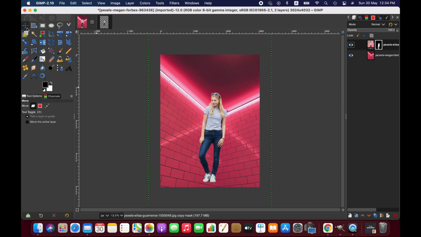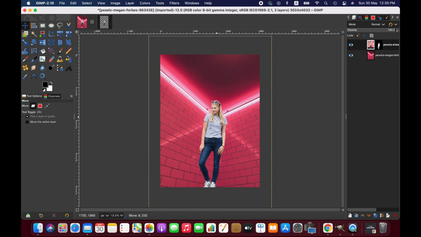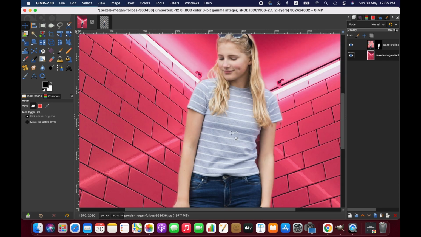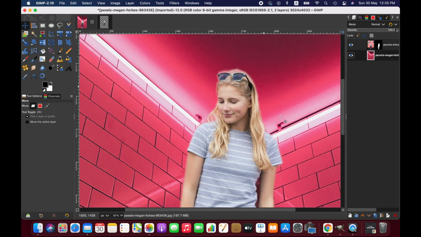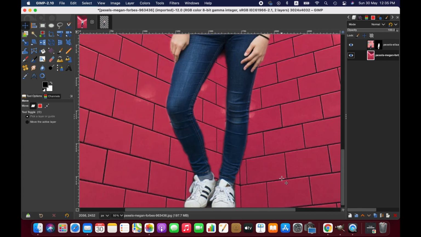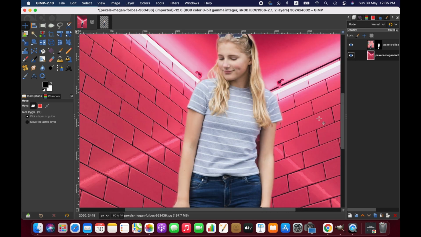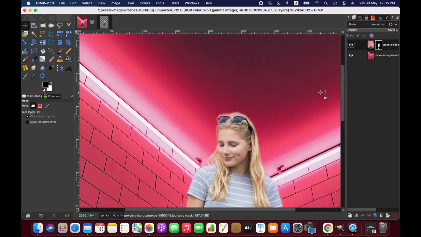I am changing the position of this foreground image by using the Move tool. Okay, we still can do a few things. Now we add some blur in the foreground area to bring a natural look around the edges. To do that, select the layer mask